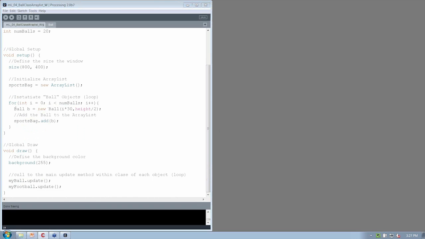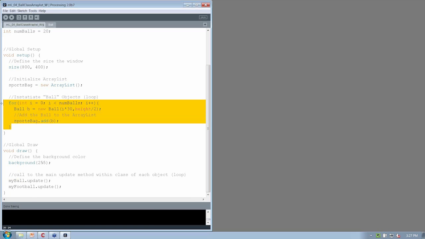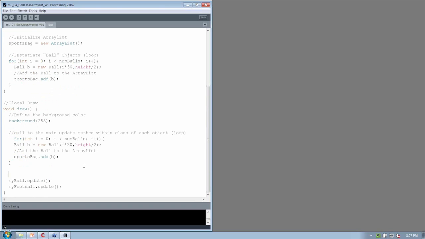Now we just need to go down to our draw structure and update this part as well. Instead of calling to a single one or each one, we have to do it through a loop, or at least the easiest way is to do it through a loop. So I'll copy this, come down here, paste, and the same thing's going to happen. For as many balls as we have, we're going to loop through, but here we need to change this line